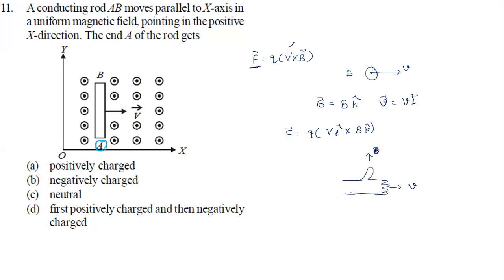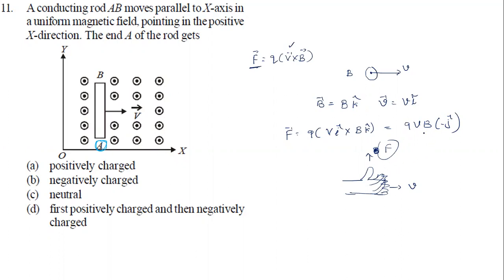Finally, the force is what it is going to indicate. You need to bend the fingers in such a way that they move towards the magnetic field. As they move towards the magnetic field, they will bend, right? It will become like this now. As you bend towards the magnetic field, the thumb should still be upward, right? Then that is the direction of force acting on a particle. So now, if I take this mathematically, it will be qVB. i cross k becomes what now? It is minus j we're going to get.